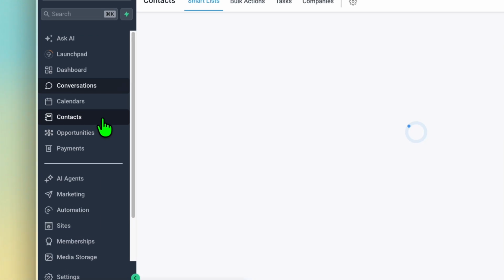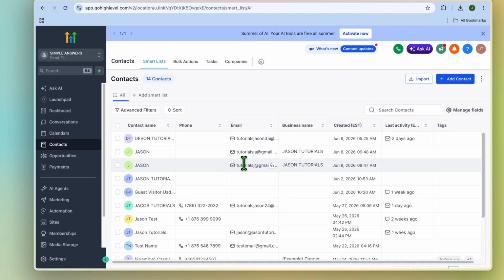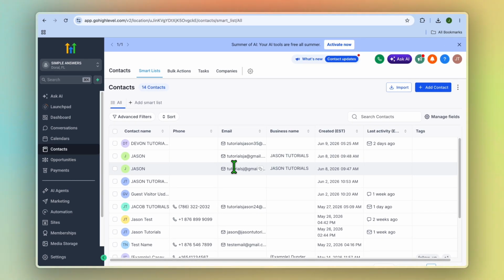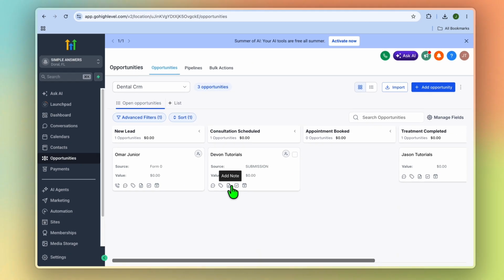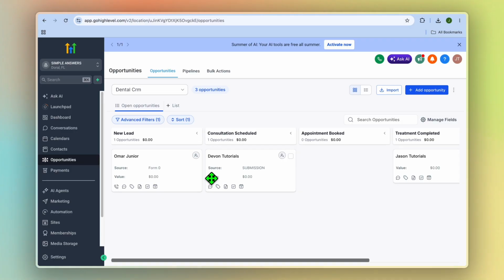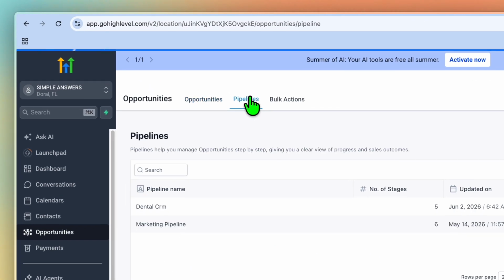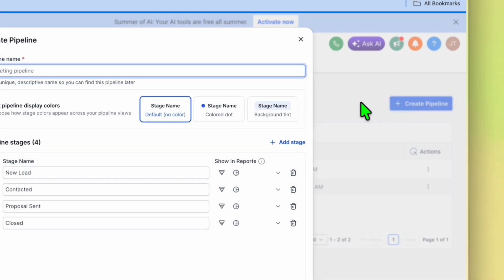Next, we have Contacts, and this will store all your potential clients and existing clients automatically. So anytime somebody fills out a consultation form, for example, calls your office, or books an appointment, their information gets saved here. Next, we have Opportunities, and this section right here is especially useful for law firms as you'll be able to create your pipeline, and this lets you visually track where every lead or case inquiry is in your intake process. And you can create a pipeline by tapping on Pipelines right here, then you'll tap on Create Pipeline,